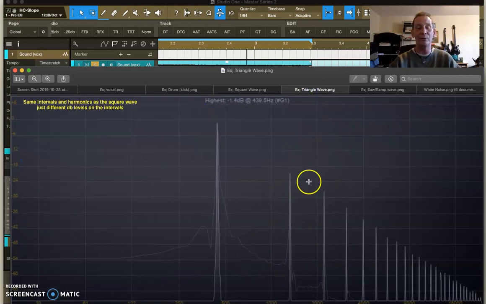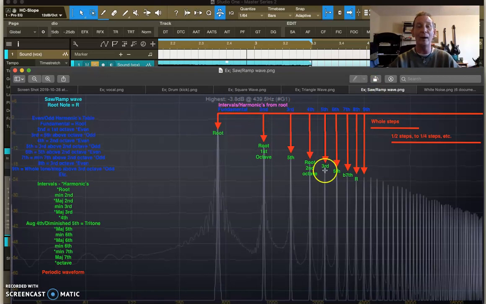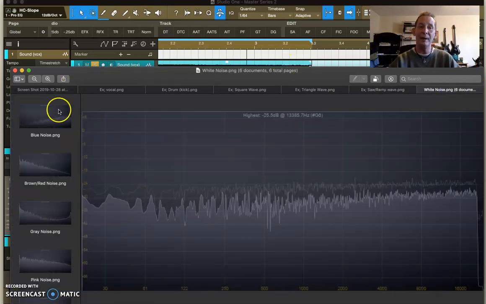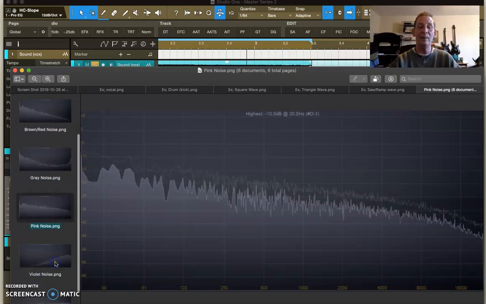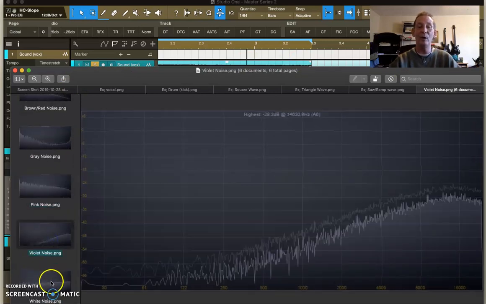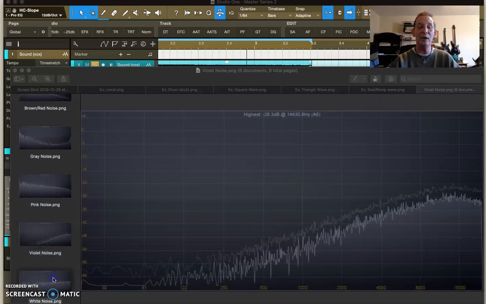Triangle waves are very closely related, with odd harmonics at different levels than a square wave. And like ramp wave and sawtooth wave, it's even and odd harmonics right down the line. You'll be able to see that going on in your waveforms by mapping it out really well. And you'll be able to map out noise. Here's blue noise, here's brown noise, gray noise, pink noise, violet noise, white noise,